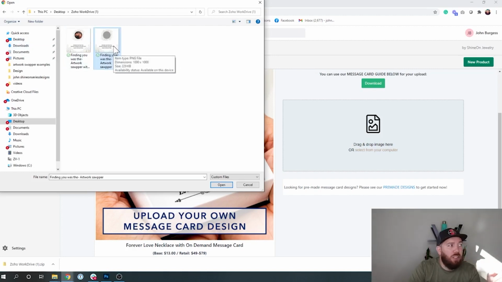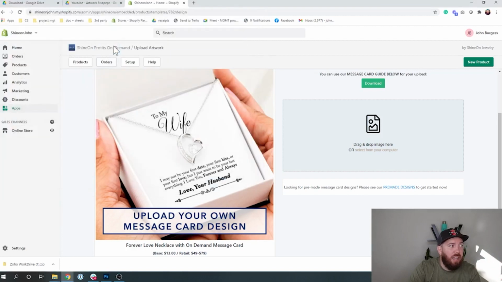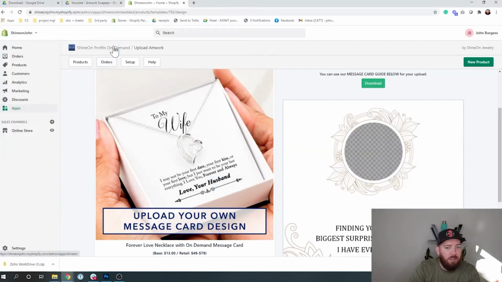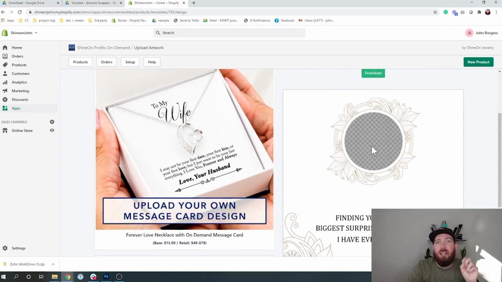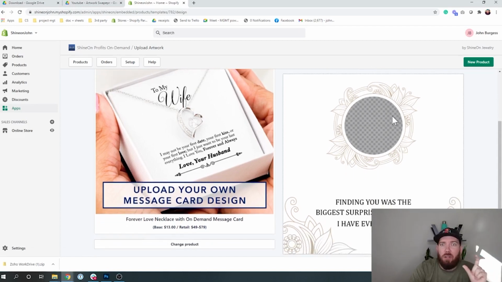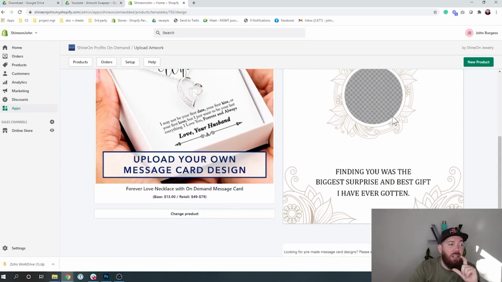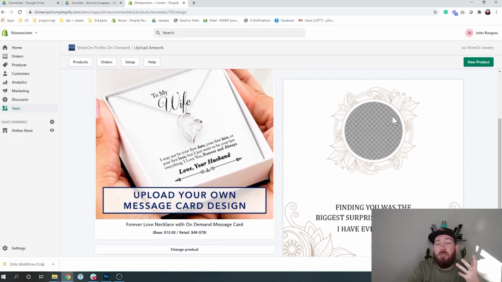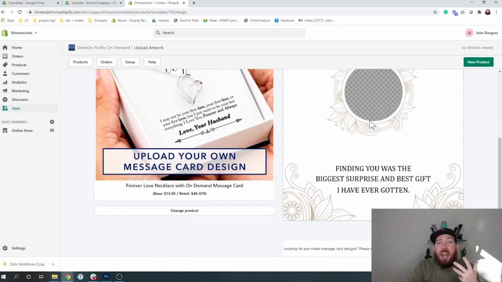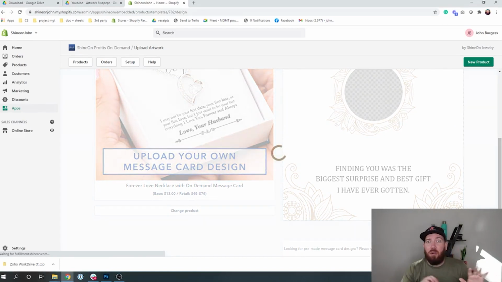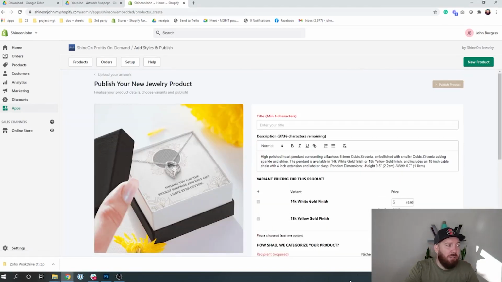The first image is a PNG, as you can see, and when you look at this, if I can get it to pop up, oh, there it is. You can see it's got a transparent circle right in the middle, because you get to upload a photo for this. So this is blank. Now I don't want to upload a blank design, because if I upload a blank design, right, PNG, there's no image here, when it creates all my mock-ups,